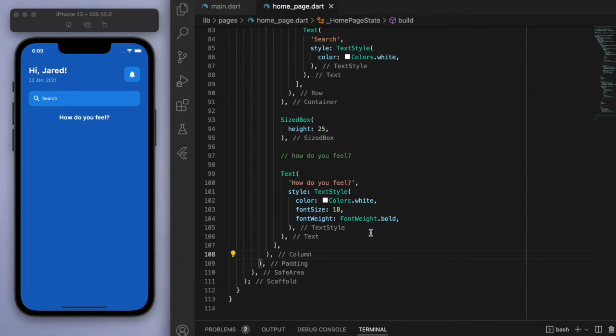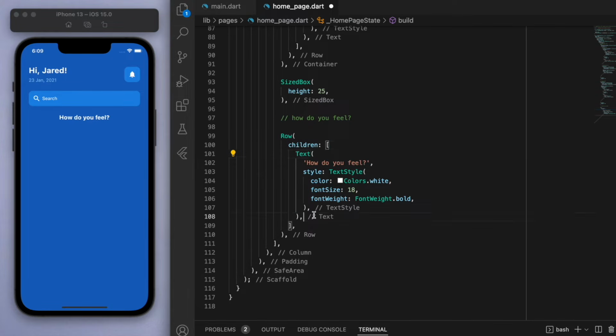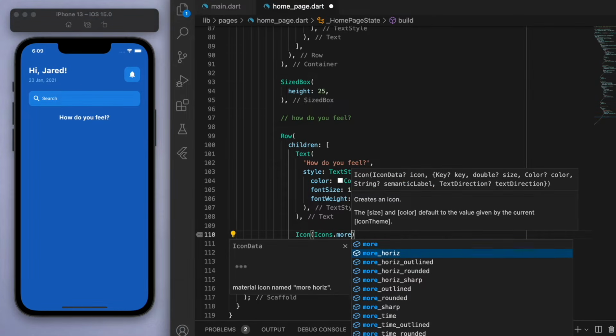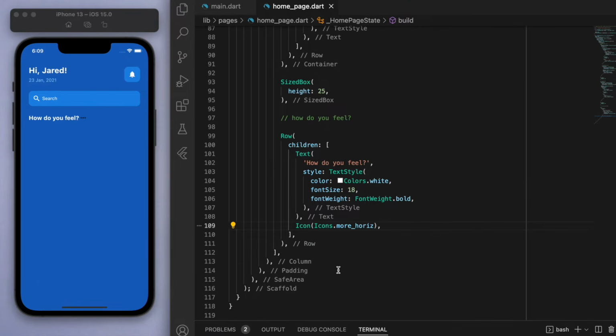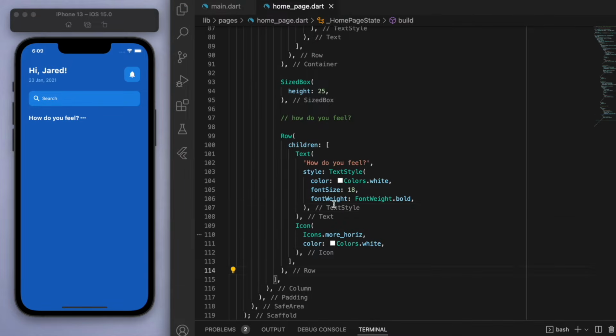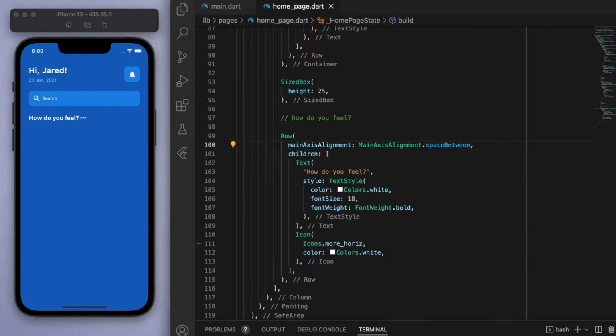And also, I want this to be aligned to the left. So let's wrap this in a row. And I want to have an icon, more. Yep, this one. Cool, and there it is, but it should be white. And also main axis alignment, space between. Hell yeah. Okay, and then below this,